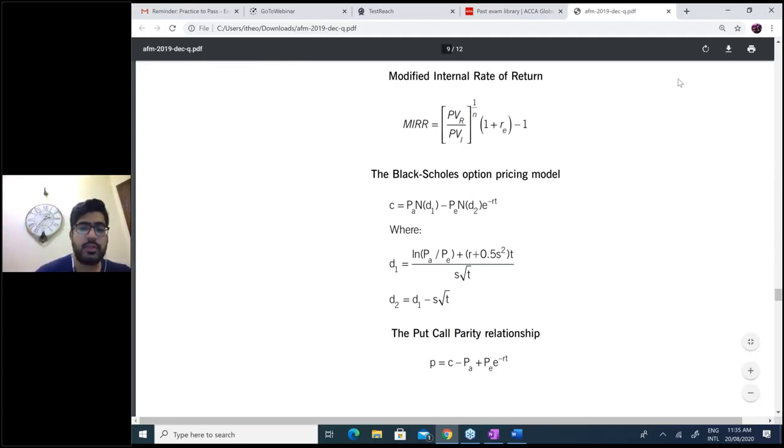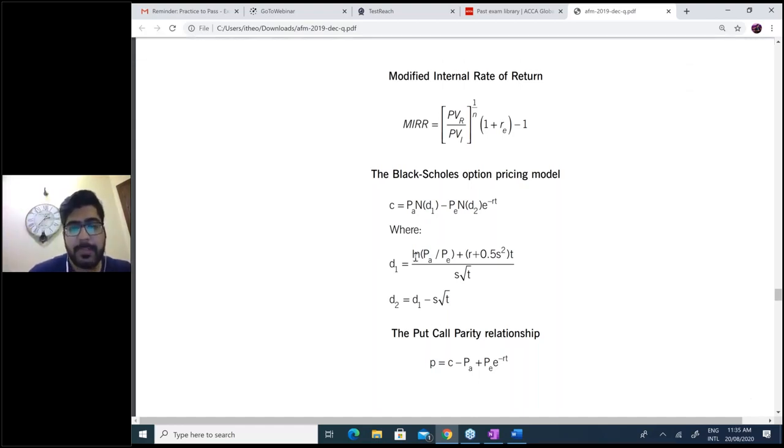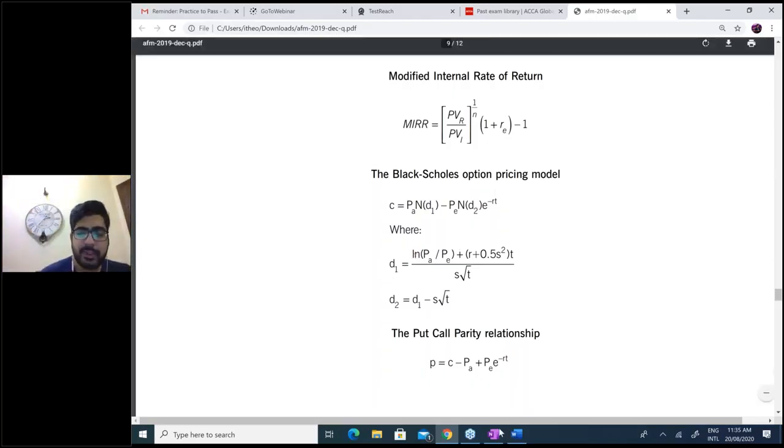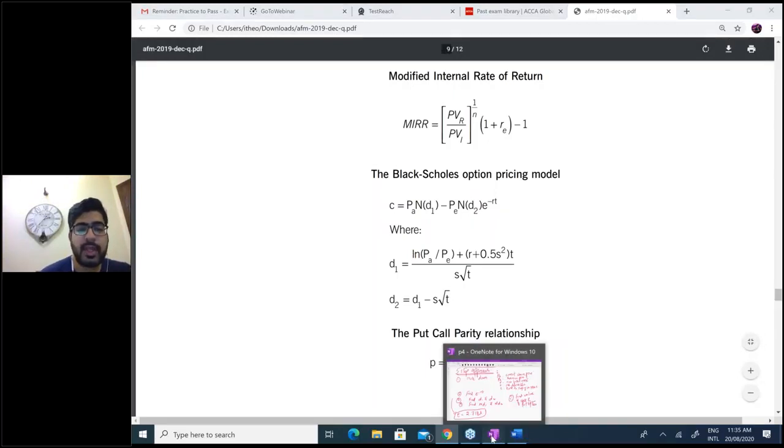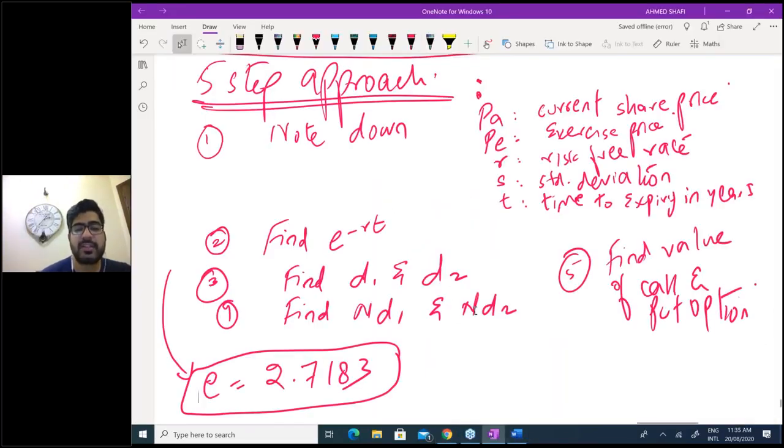the D1 and D2? So D1 is basically the numeric log, the function ln in your calculator, PA over PE plus R, the risk-free rate, plus 0.5 S squared, the standard deviation squared, T, over S root T. Okay, and D2 is D1 minus S root T. This is how you work towards D1 and D2. And after D1, D2, you have to find N(D1), N(D2). That's the normal distribution. So for that,